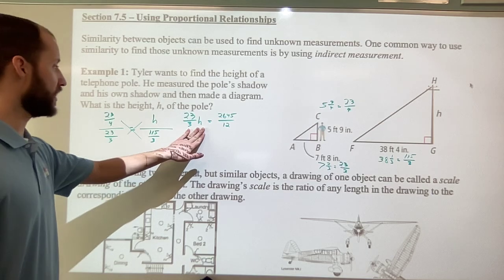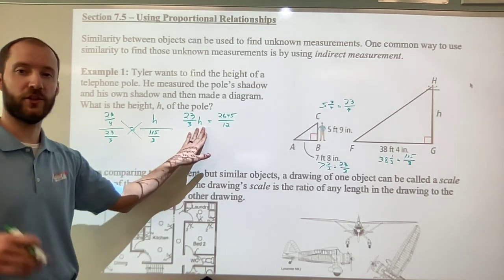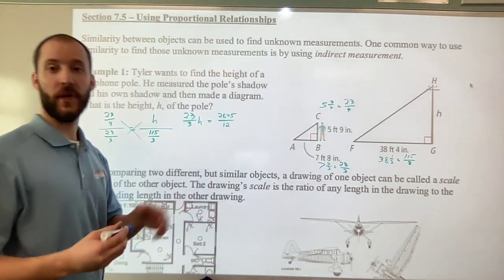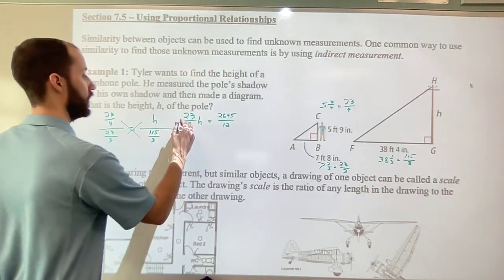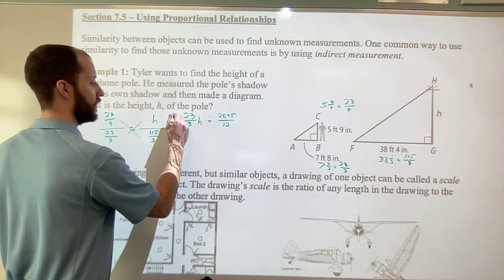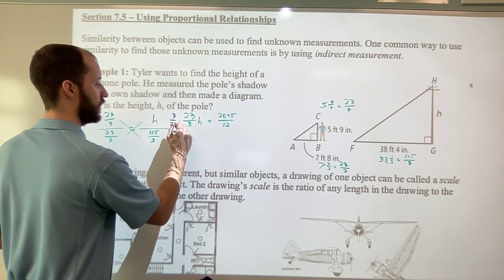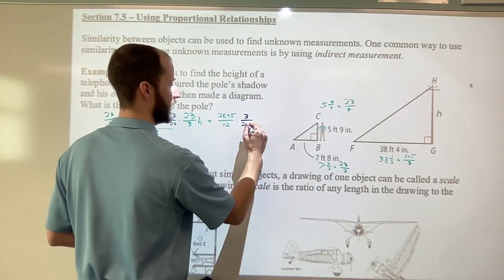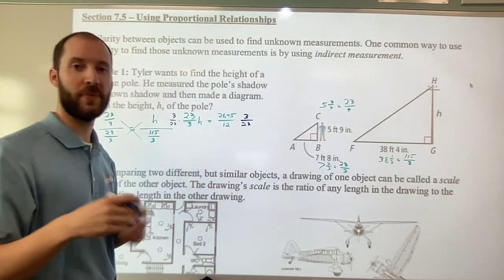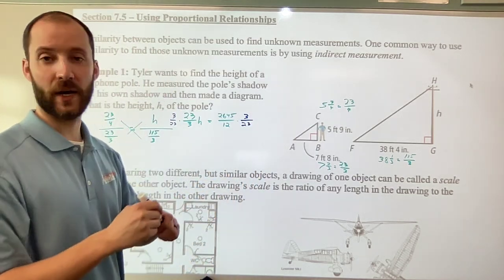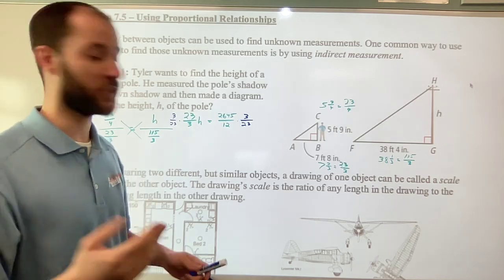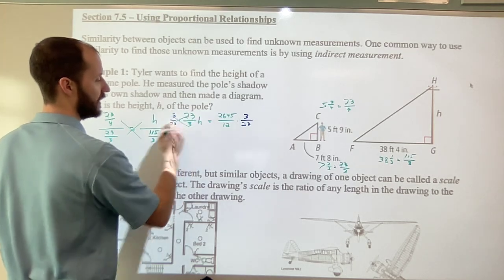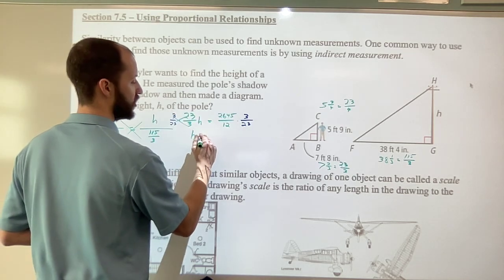So then to solve for h, you want to divide by 23 thirds, but remember, we don't divide by fractions, we multiply by the reciprocal. So times 3 over 23 on that side. And then algebra, you can do anything you want, but you have to keep the equation balanced. You have to do the same thing to both sides. So on the left side, these cancel, leaving us with just h equaling